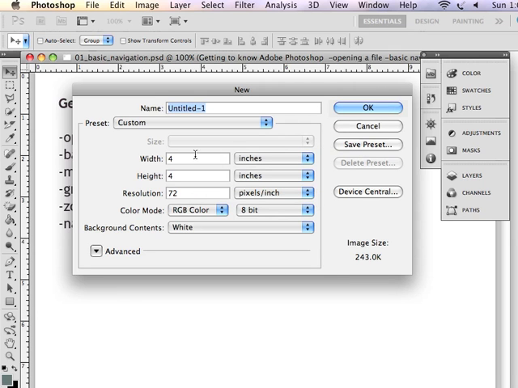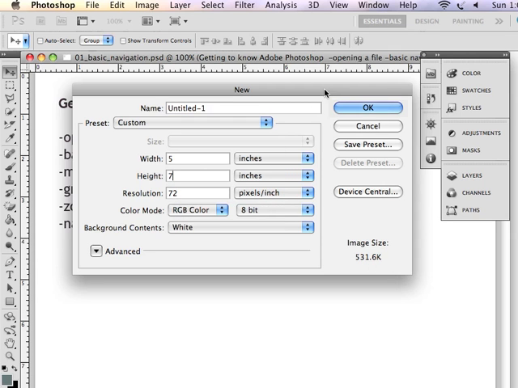That's just fine. I can change that if I wanted to make it more of a typical 8.5 by 11 sheet of paper. That's a fairly typical starting point for image size. Or I can think of it more of photographs, like an 8 by 10 photograph or a 5 by 7 photograph. And this will be, again, at 72 dpi, so it's going to be a fairly small file. It's expected to be at